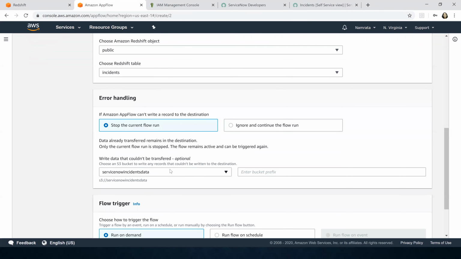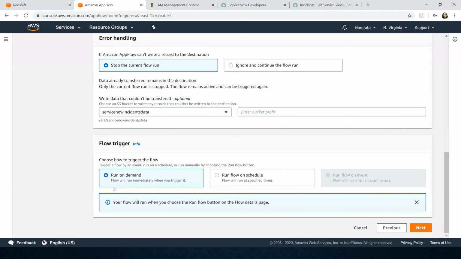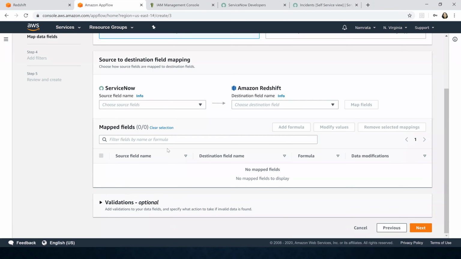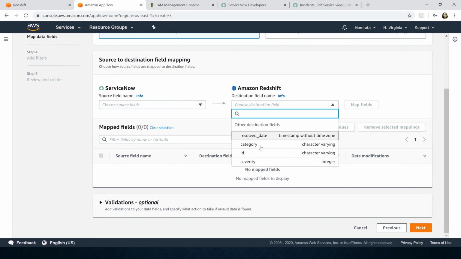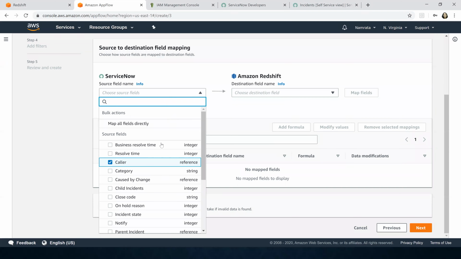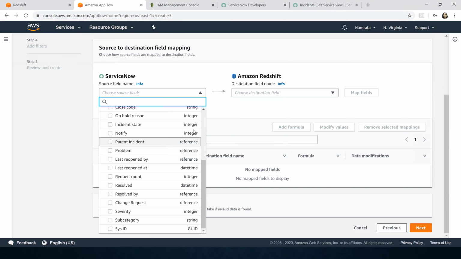That's where any data that was not transferred successfully will be written. A flow will be triggered on demand, so that's fine. Click on next, and then here we have to map our fields. In Redshift, we have only created a table that has 4 fields. And over here, from ServiceNow, we have all the fields available to us.